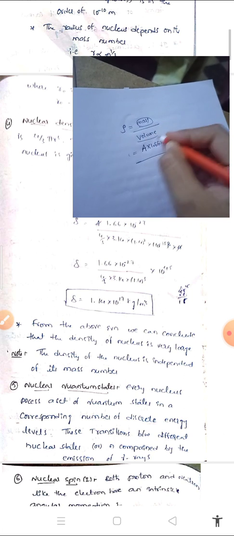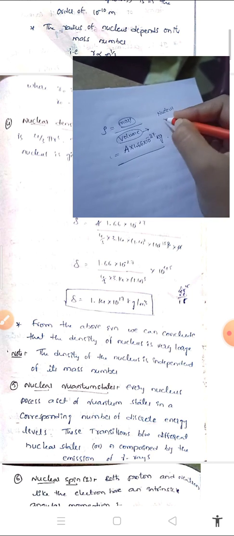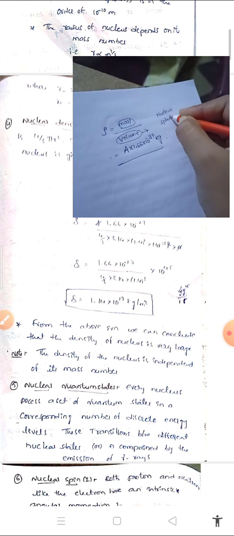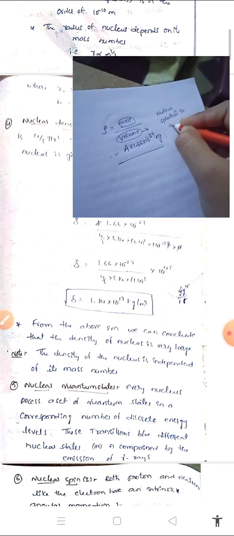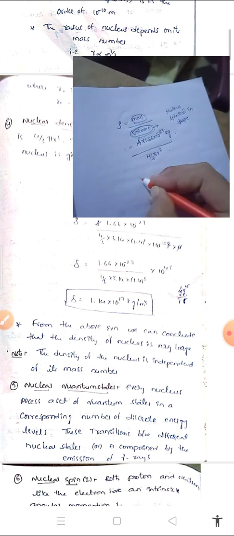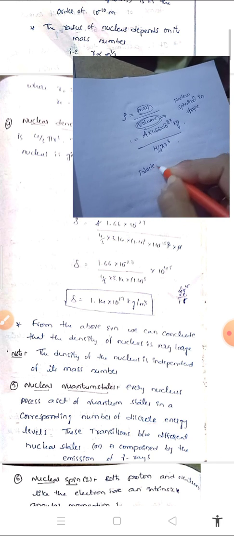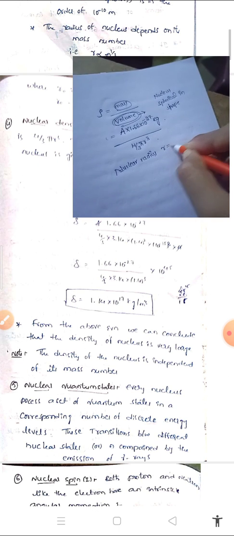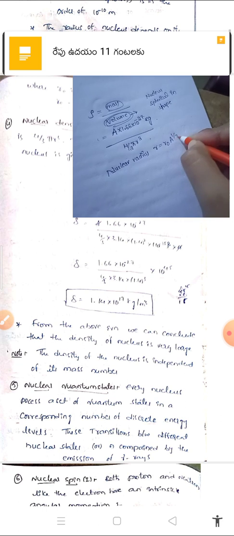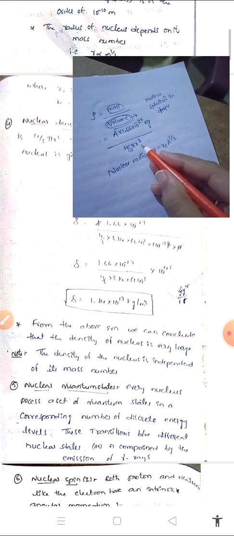By volume. Volume means what? In general, the nucleus is spherical in shape. That is why the volume of the nucleus is 4 by 3 pi r cube. But already we know the nuclear radius, what is the radius of the nucleus? R is equal to R naught into A to the power of 1 by 3. Substitute R is equal to R naught into A to the power of 1 by 3 in this equation,